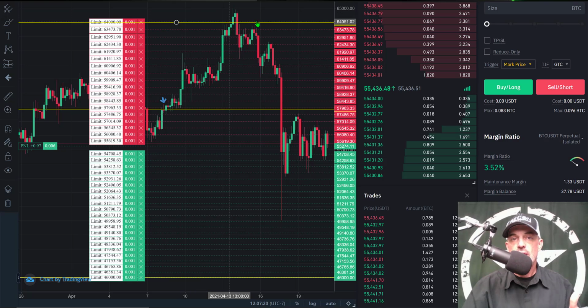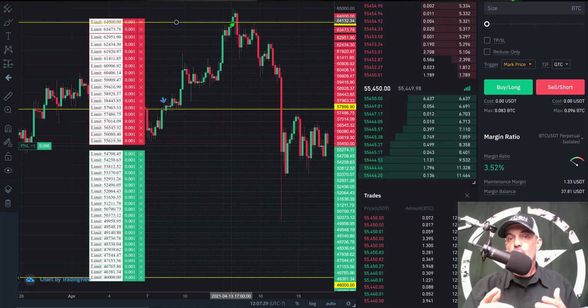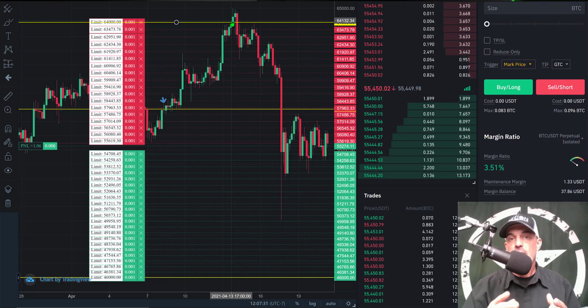Now, the yellow line you see here that the price action breached was the upper limit of my particular grid bot that I configured. Now, if you missed the video where I configured this particular grid bot, first of all,